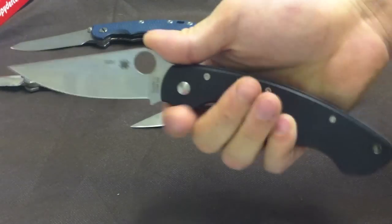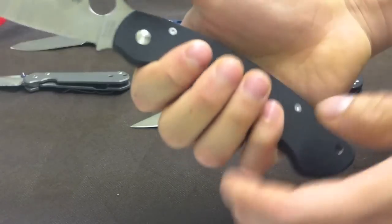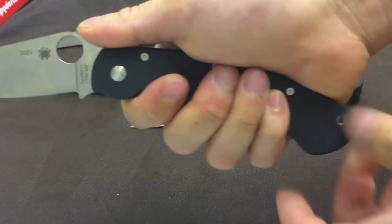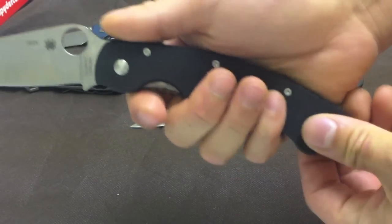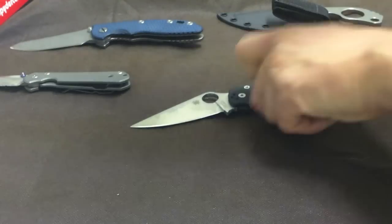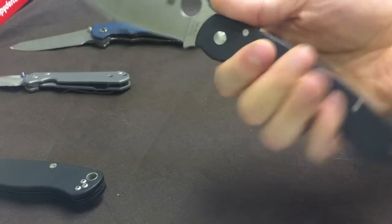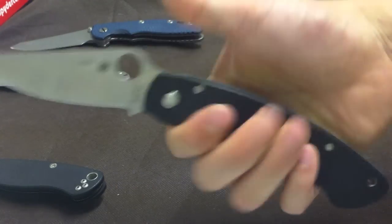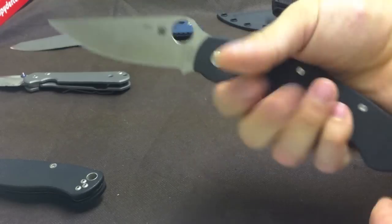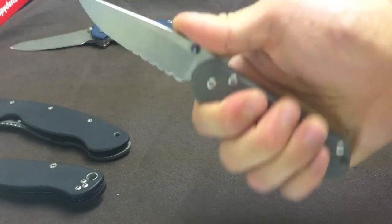Spycos are always designed with this kind of thought in mind, especially since a saber grip is still just a modified hammer grip, to where you're still not really supporting it from moving backward. So you use it, no problem. Now, tactically, let's just say you were trying to puncture something. Just understand, when you puncture something like this, what you're relying on is these fingers gripping it, and the ergonomics. So, if you take a hammer grip and turn to a saber,